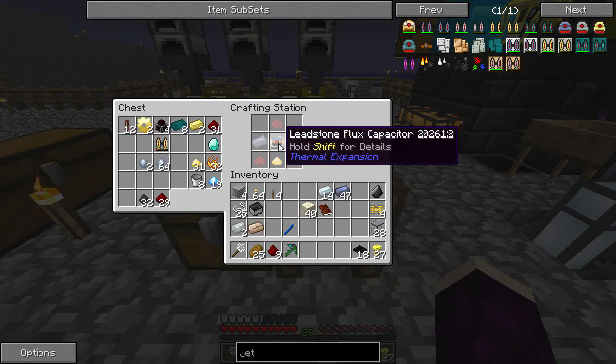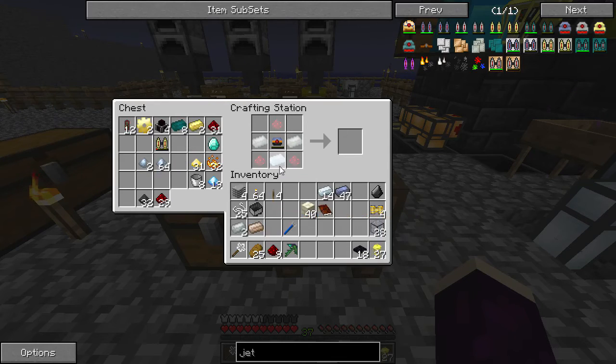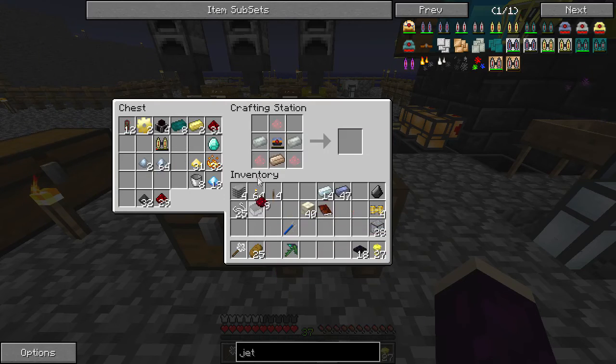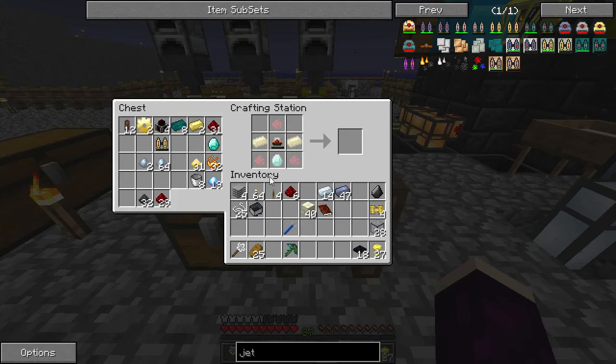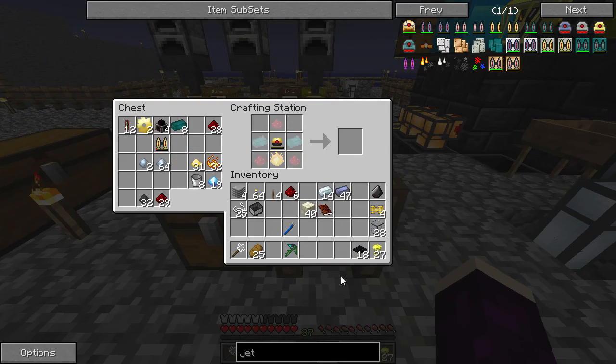Now that gets used there, and that's used to make that, and that's tin, I believe, Invar, and that gives us a hardened flux capacitor, which is used to make a redstone one, which is 2 electrum, 1 diamond, and that. And now we need to figure out how to make this, which is not going to be that hard,